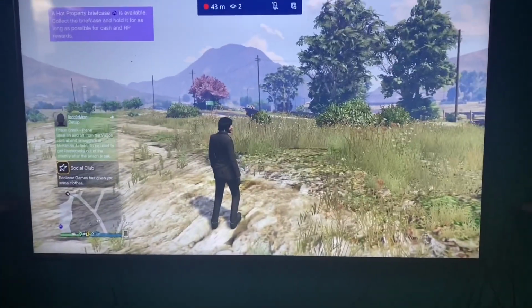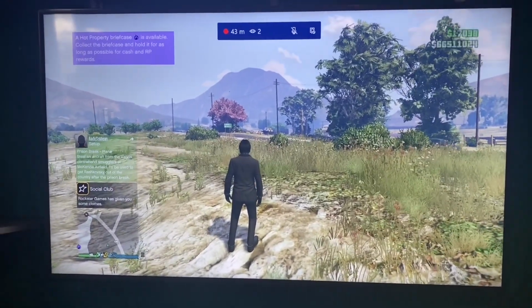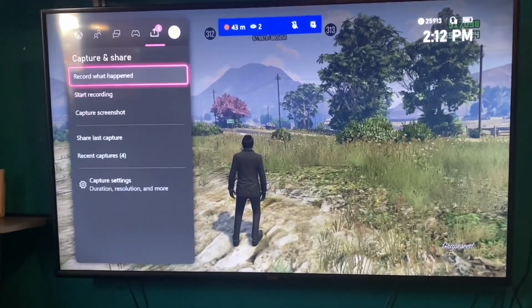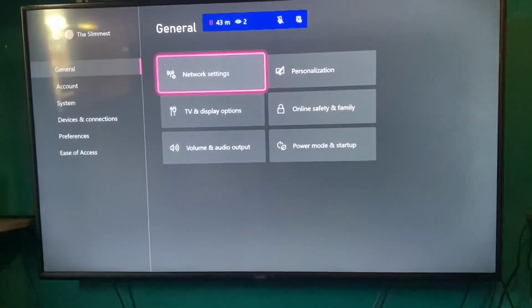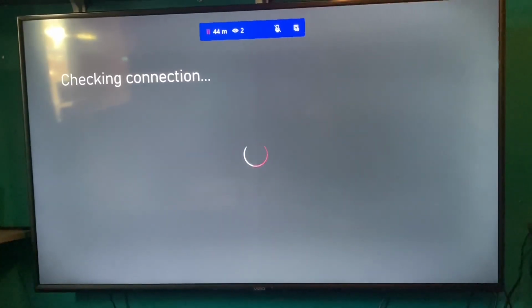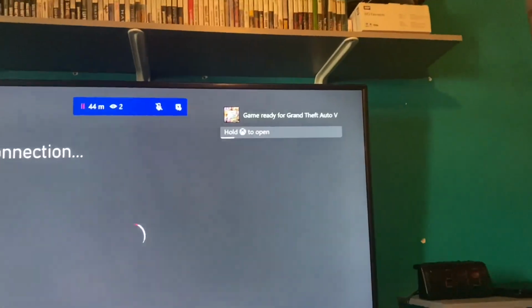Alright guys, so for the next glitch, you're going to want to go into a public lobby, and then you're going to want to do the test NAT type glitch. And if you don't know how to do that, go ahead and press the home button on your Xbox, go to settings, go ahead and go to network settings, click on test NAT type, and then you're just going to want to wait about 15 seconds or until you get this notification right here, game ready for GTA 5, and